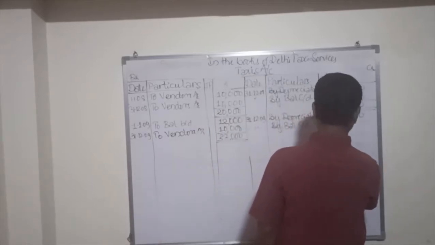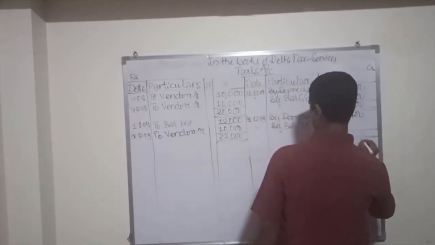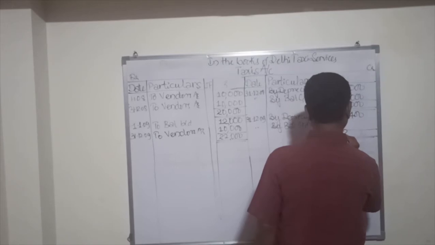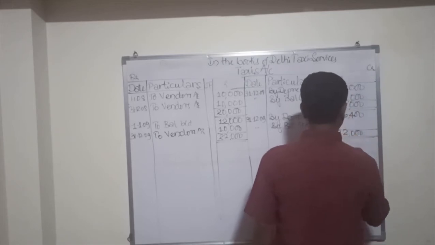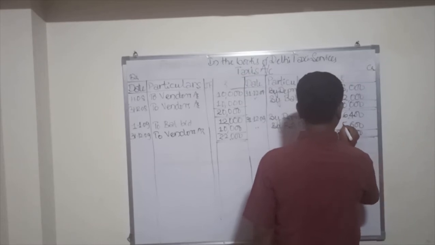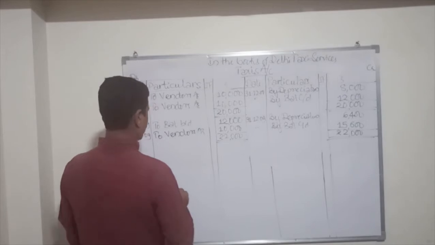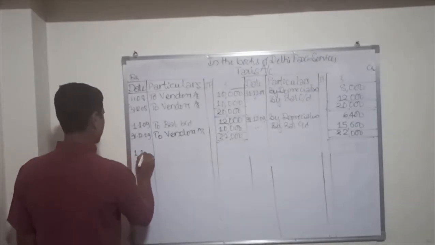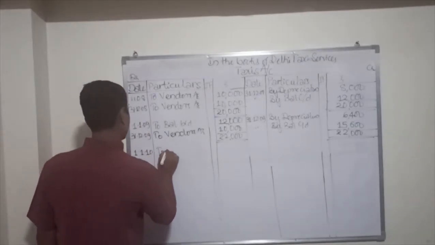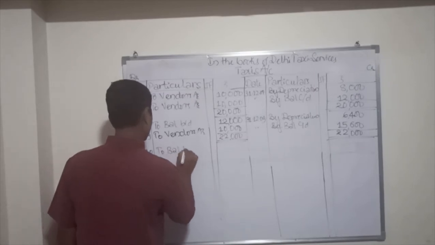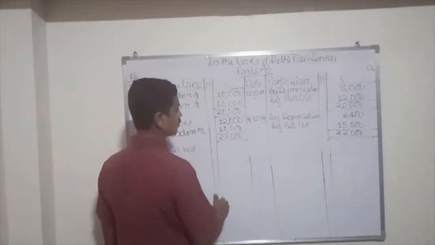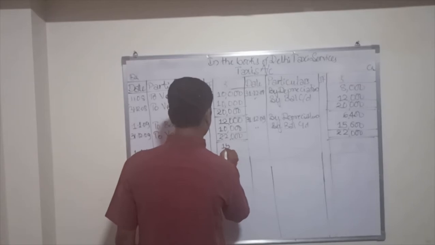So when you do the balancing here again, we should take the total 22,000. So the difference here is 600. Carry 1, 7 plus 5 is 12, carry 1, so 15,600. So the same thing is brought down on 1/1/10 here. So to balance brought down. So when the balance is brought down, 15,600 here.